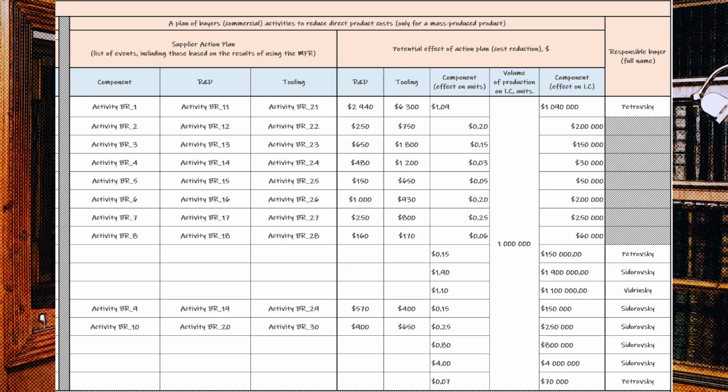Compliance with criteria 24 and 25, namely indication of the actual direct cost for the component prices of the purchase part from the technical commercial proposal and the date of technical commercial proposal, indication of one-time costs, tooling and R&D, and the date of technical commercial proposal are provided simultaneously by three models, in particular the availability of technical commercial proposal, as well as the list of effects of procurement measures to reduce costs in the BOM purchasing attributes model,